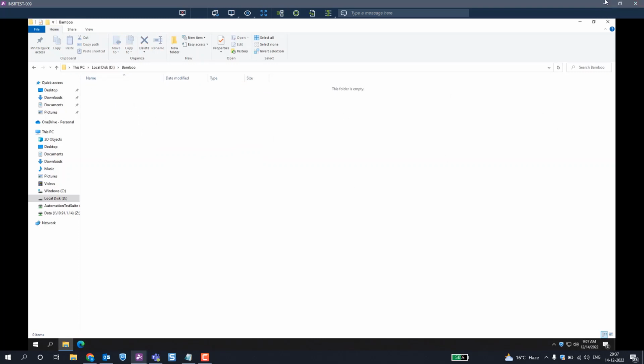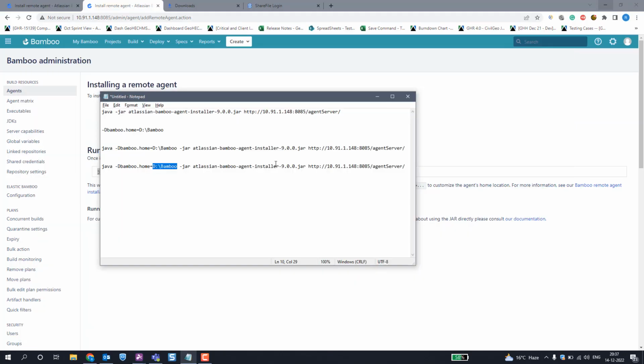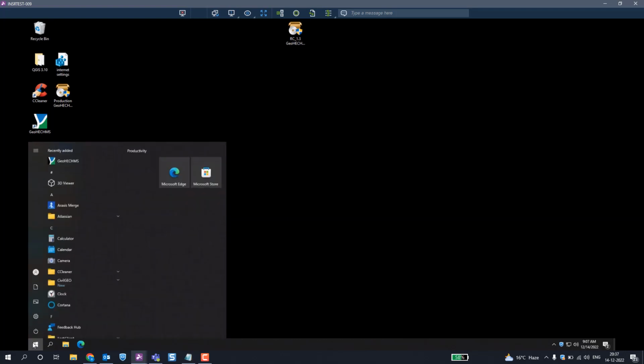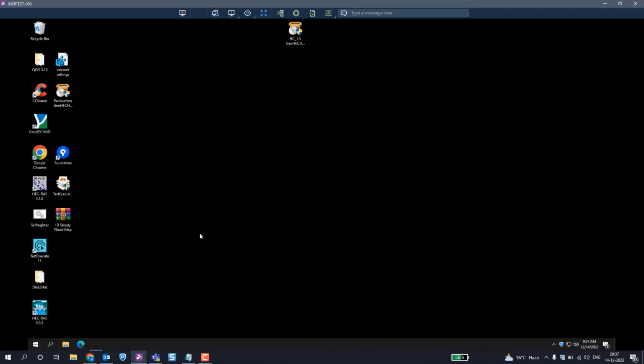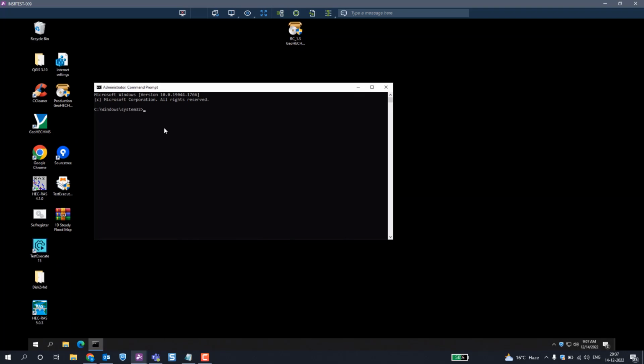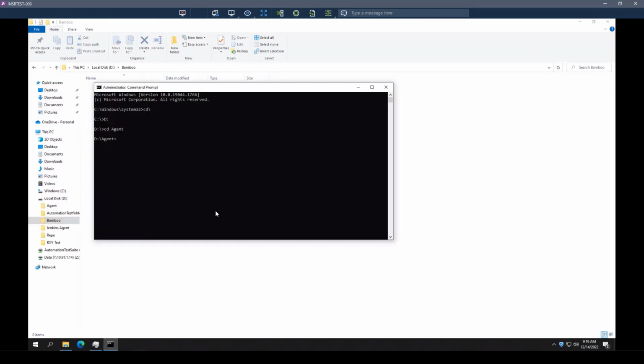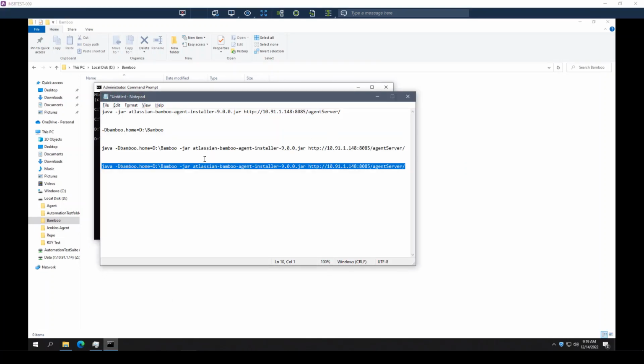Once the command is prepared, you need to go to the remote machine, launch command prompt, run as administrator, and go to that jar file location. In my case it's D agent. So go back to C, then D, cd agent. I'm at that location where I have my jar file. Okay, so once the jar file is placed on the remote machine, you simply need to copy this command